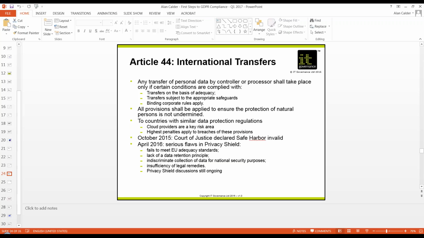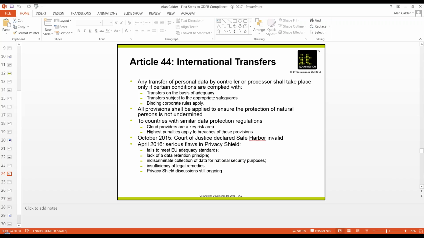Inside an international company, you can transfer data to subsidiaries elsewhere in the world subject to what are called binding corporate rules, which enable the parent company to enforce the way data protection is dealt with on subsidiaries, and amongst third-party organizations, again, it's possible to transfer data to organizations in countries that don't meet the adequacy test if you have in place appropriate standard contract clauses which include the ability of the data controller to enforce effectively the rights of the data subject on the